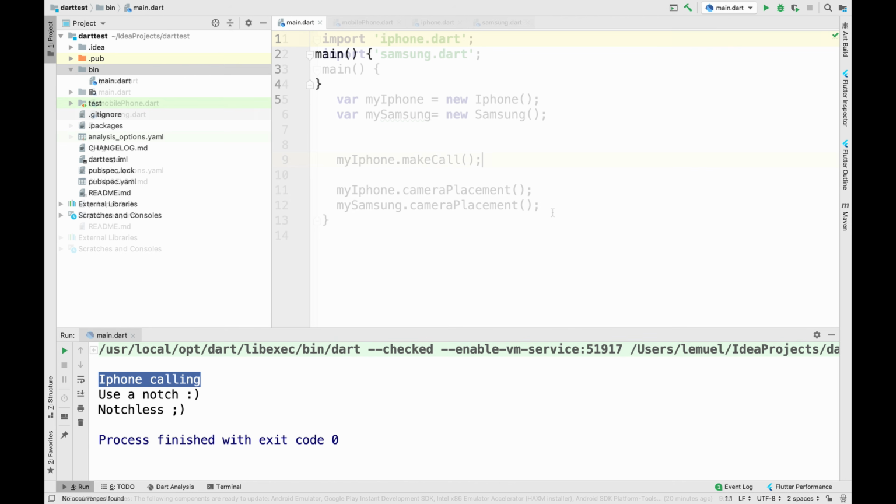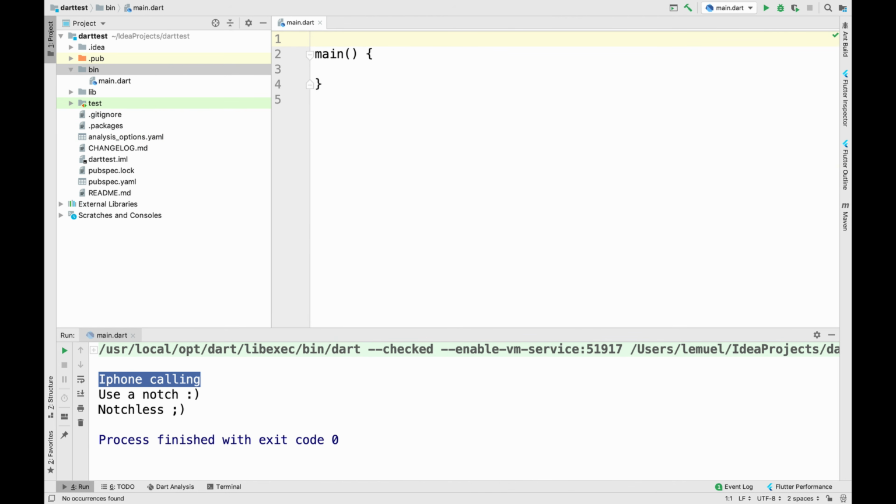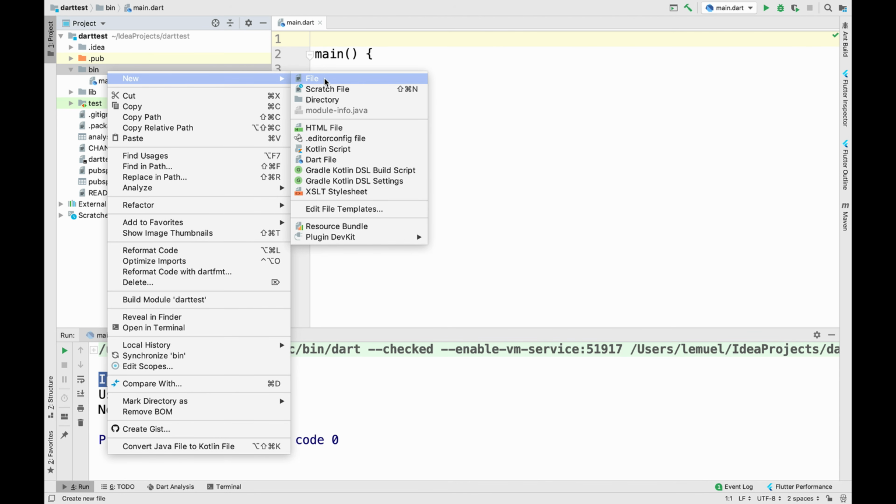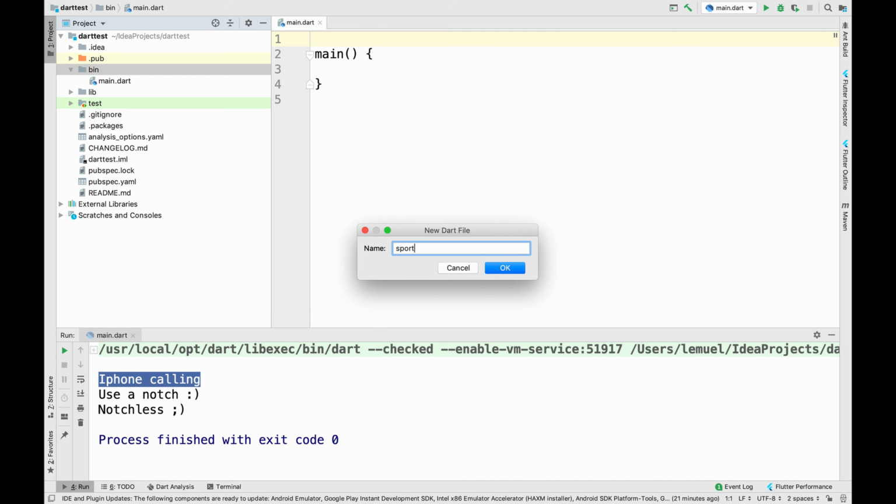Our next tutorial is going to be on implicit interfaces. Implicit what? Implicit interfaces. So now the way that is, every class implicitly defines an interface containing all the instance members of the class. So in case that was too much to understand,